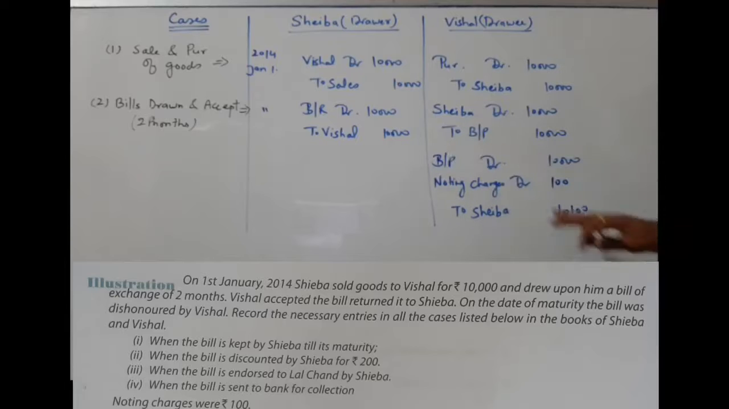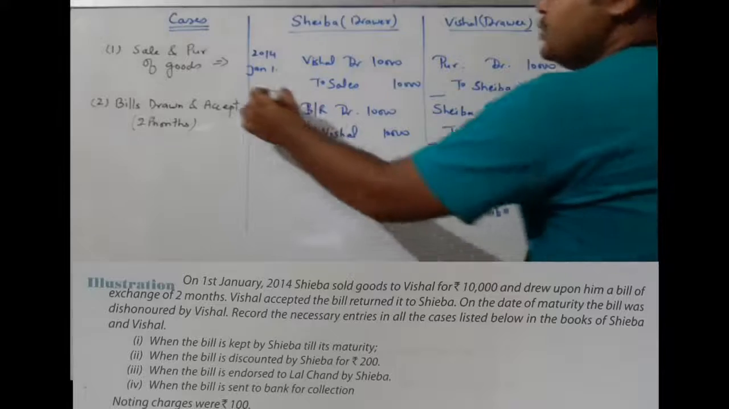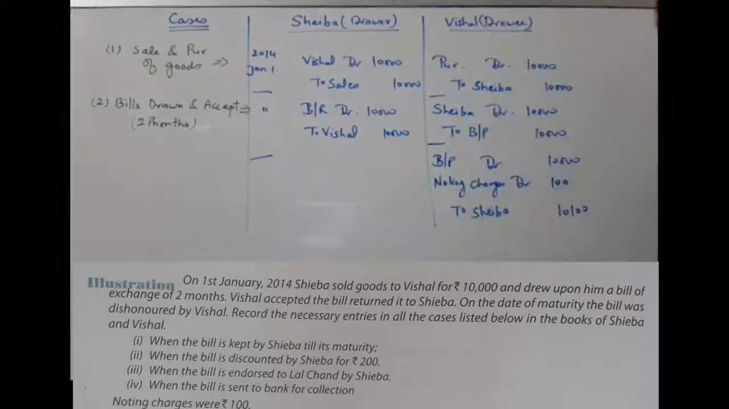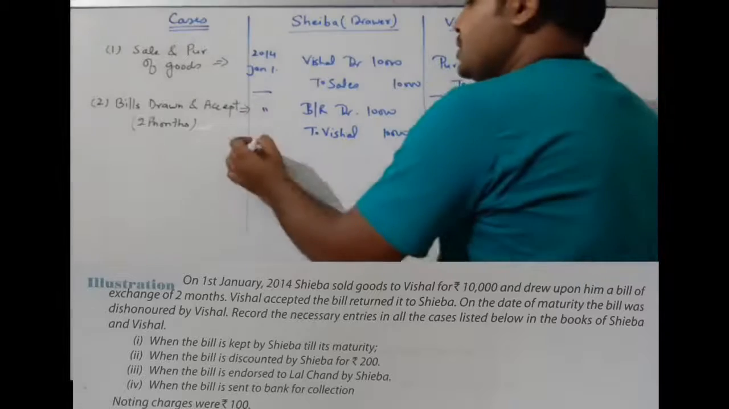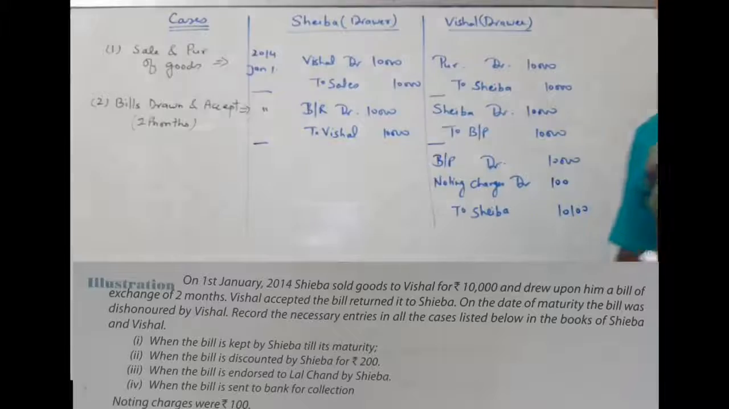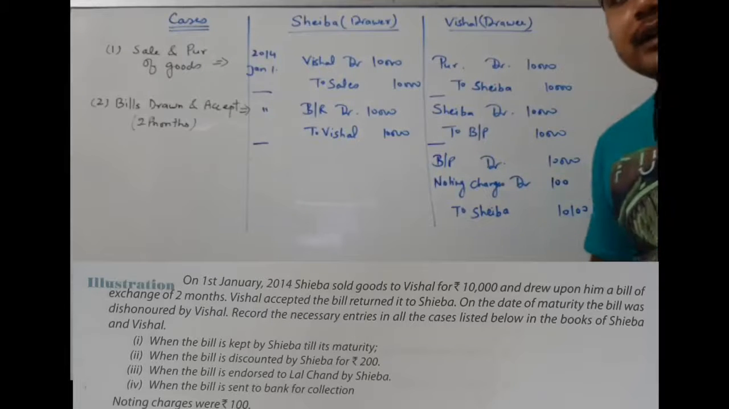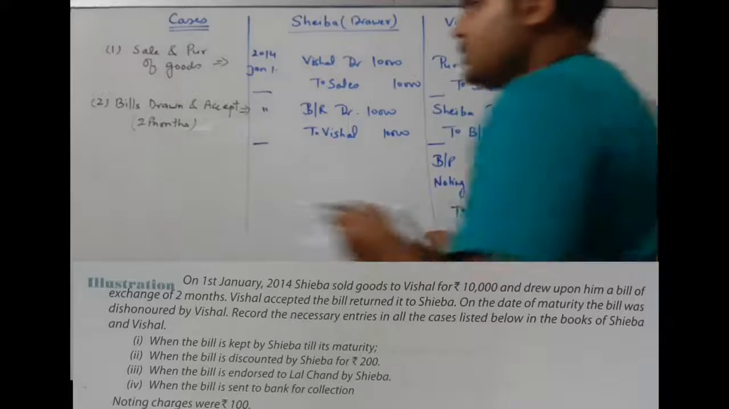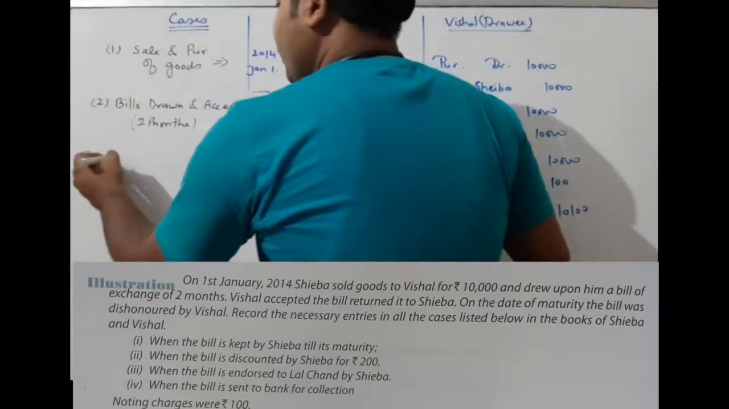And you know very well, this entry will be passed in each and every case. As you can see, there are different cases related to this question. The first case is when the bill is kept by the SIBA till its maturity. So the third entry, when she retained the bill